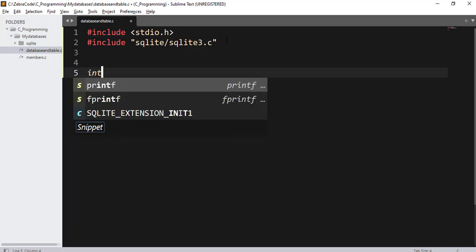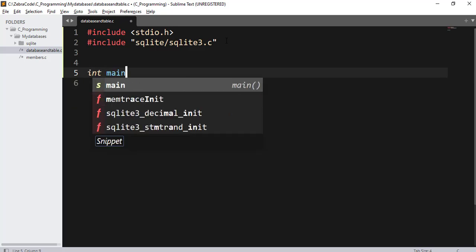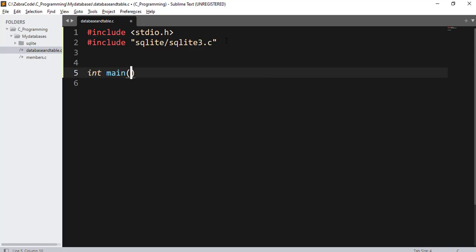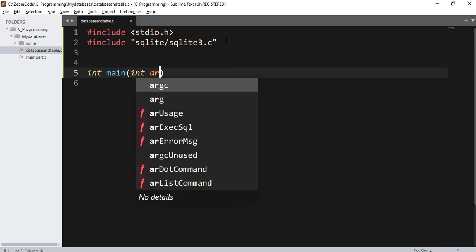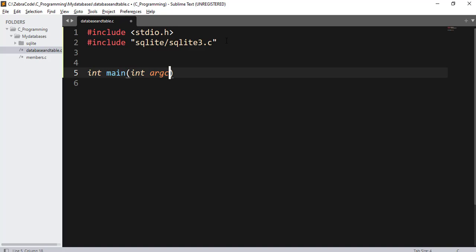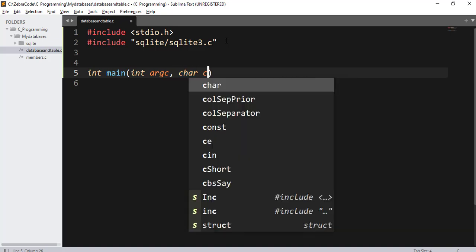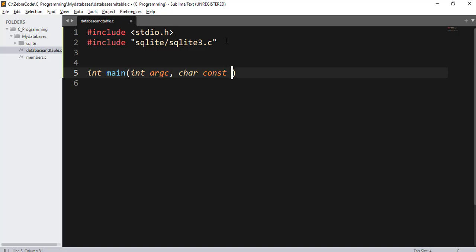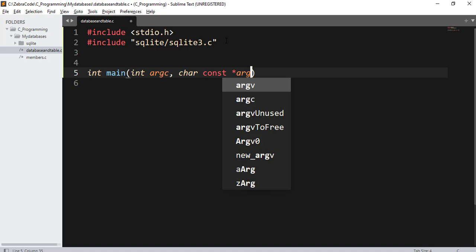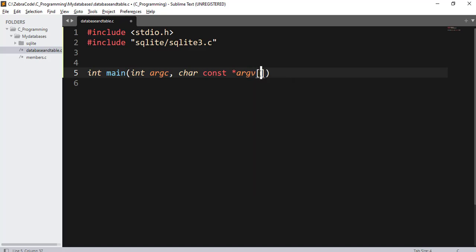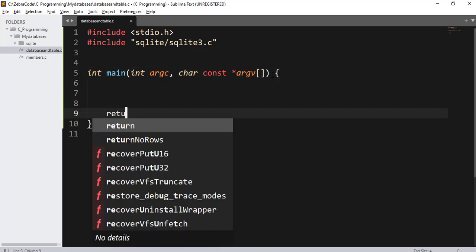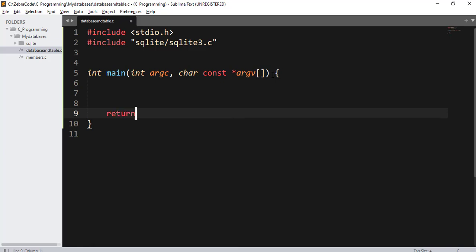Now I will say int main(int argc, char const *argv[]) in curly brackets. Here I will enter return 0;